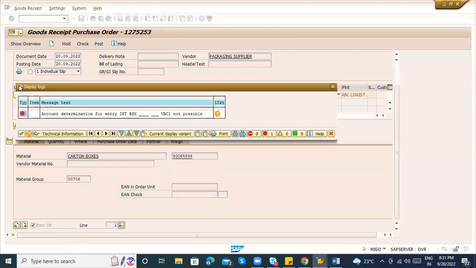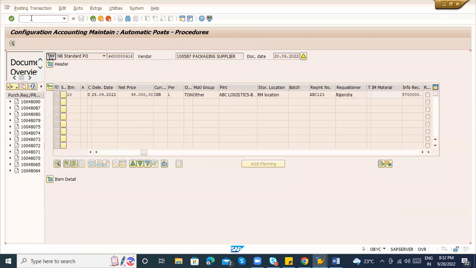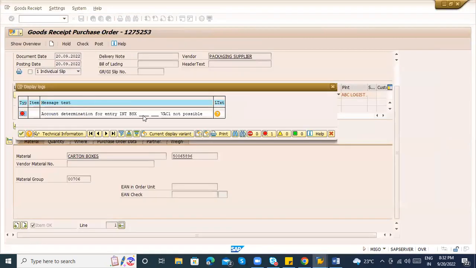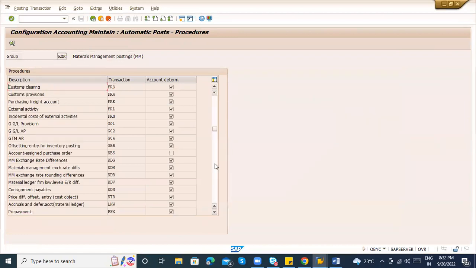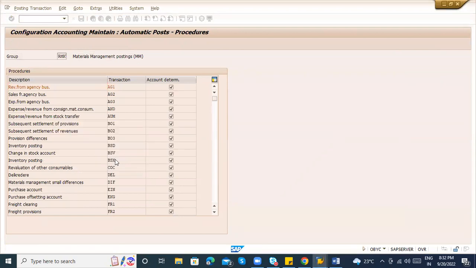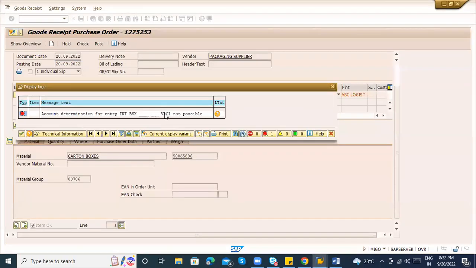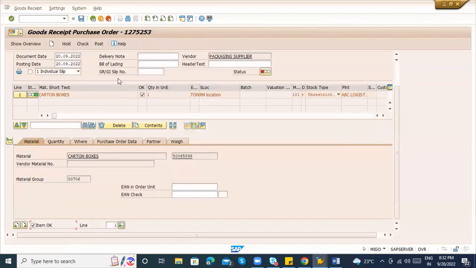So this is the automatic account determination. Since we have created our own customized rate, some of the GL accounts from the financial side need to be mapped. So INT, BS6 INT. Where is the BS6? Go to BS6, the chart of accounts is INT, and our valuation class is VSC1. So blank, it is VSC1. Now I'm checking again. So check